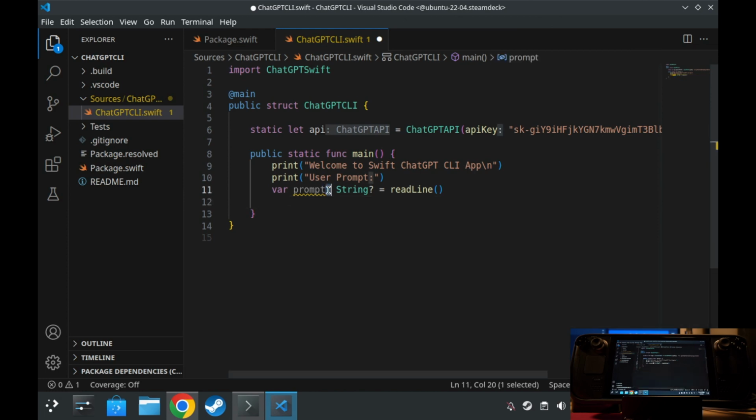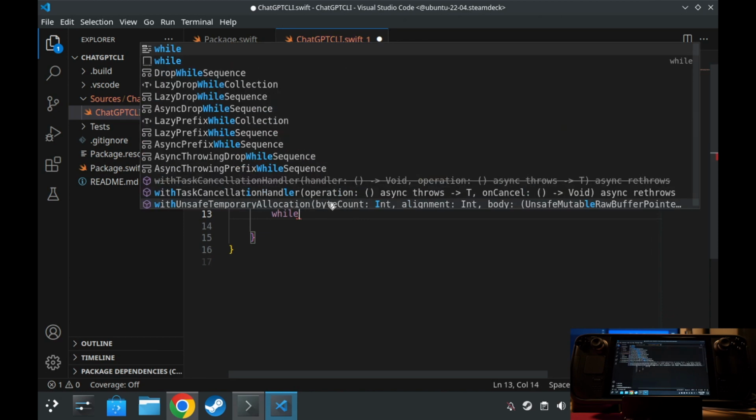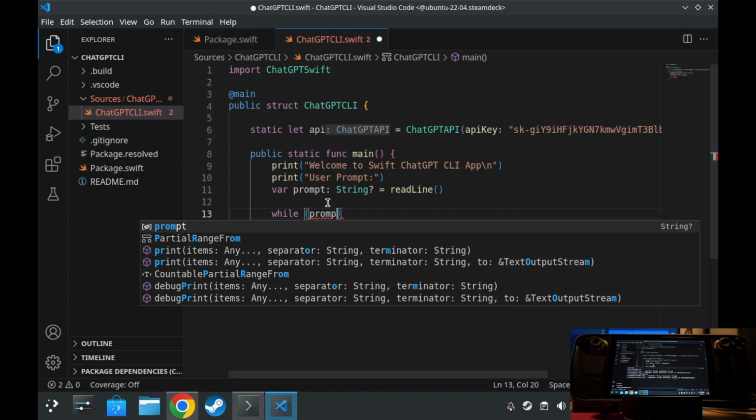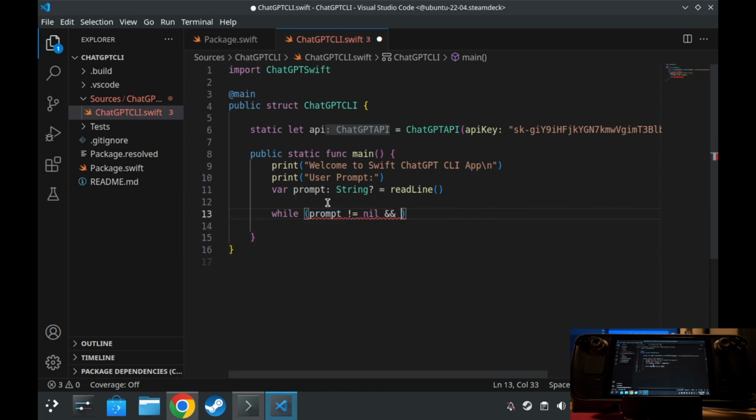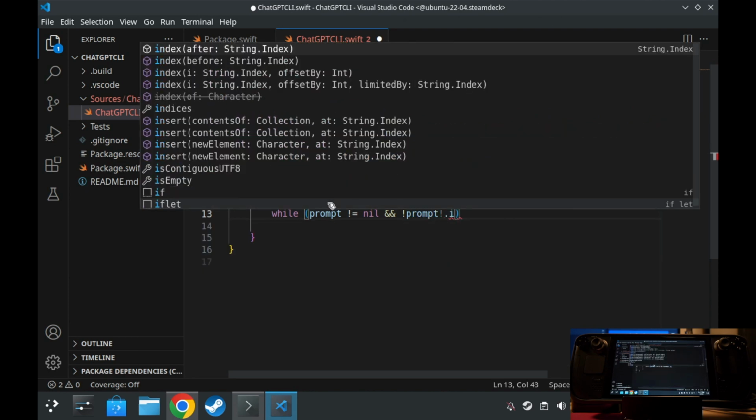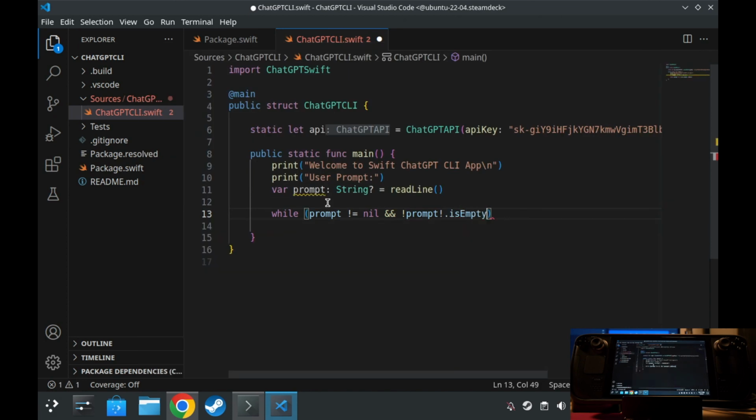And next one, let me close the terminal. After that, we're going to use this while loop. Okay, so while the prompt is not nil, right, in case the user still inputs a character, and make sure the prompt, okay, let's unwrap that, and then the prompt is not empty, right? In that case, we're going to continue and then provide a new line. ChatGPT. This will be the response of ChatGPT. We're going to print that,